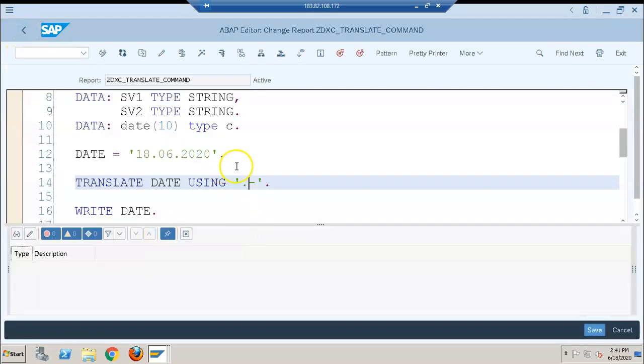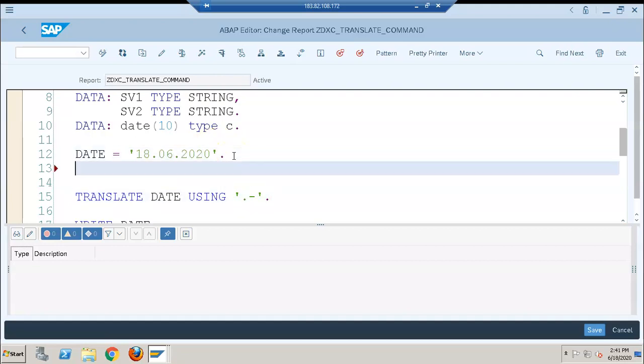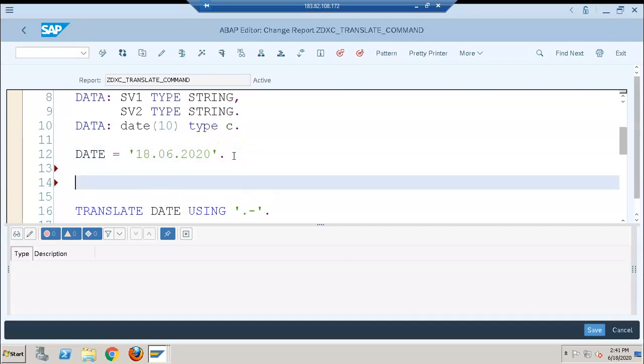So if you see here, before the translation, we'll just say write date before translation,